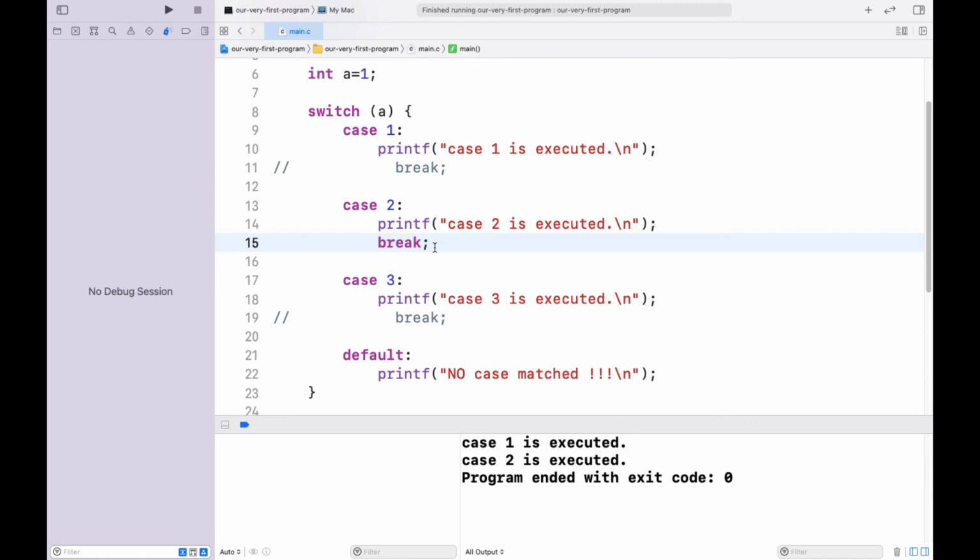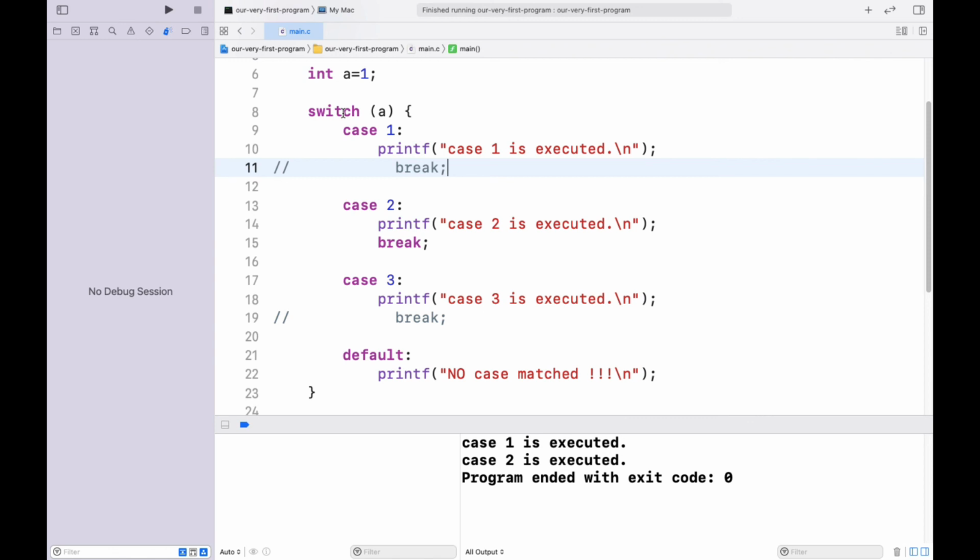Break can also terminate loops, and we are going to study break separately also. So you can see here we use break to upgrade the switch statement so that we avoid trouble with the fall through. Fall through is an important term that you should know.